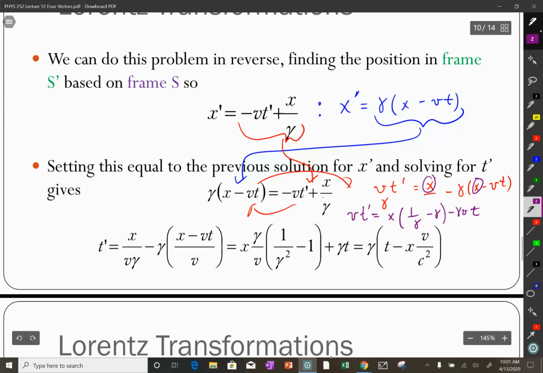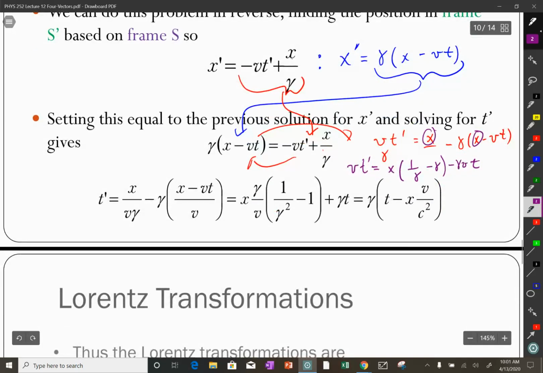Well, let's divide everything by V, so it's T prime. And then I have T prime is equal to X over V times 1 over gamma minus gamma T. And do I have all my signs right? No, plus. Minus and minus makes it a plus. And